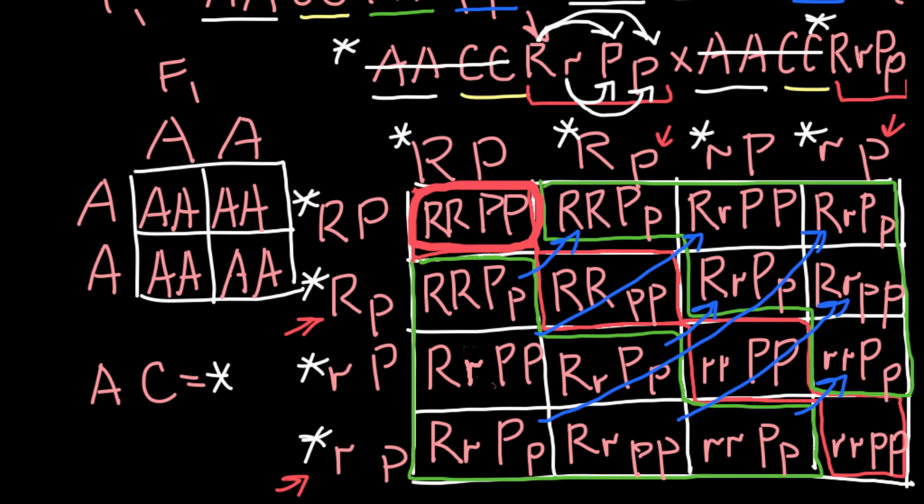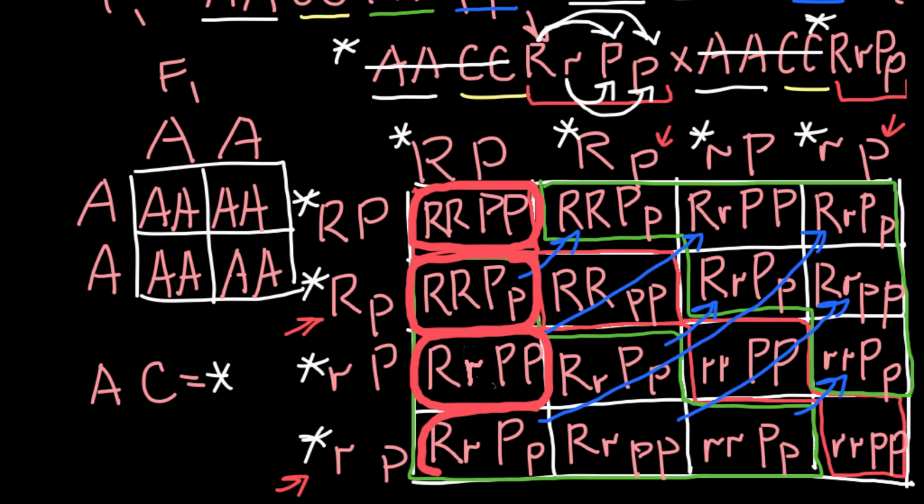We have capital R and capital P. This is going to be the same phenotype, 2 dominant alleles and 1 dominant, 1 recessive. In simple Mendelian genetics, this is going to be the same phenotype as in this box. So we can circle it with the same color, and this is also going to be the same phenotype, and this